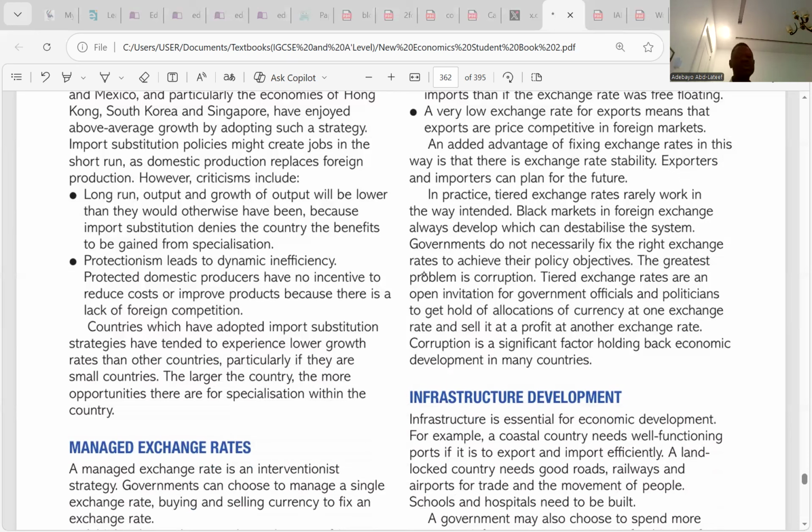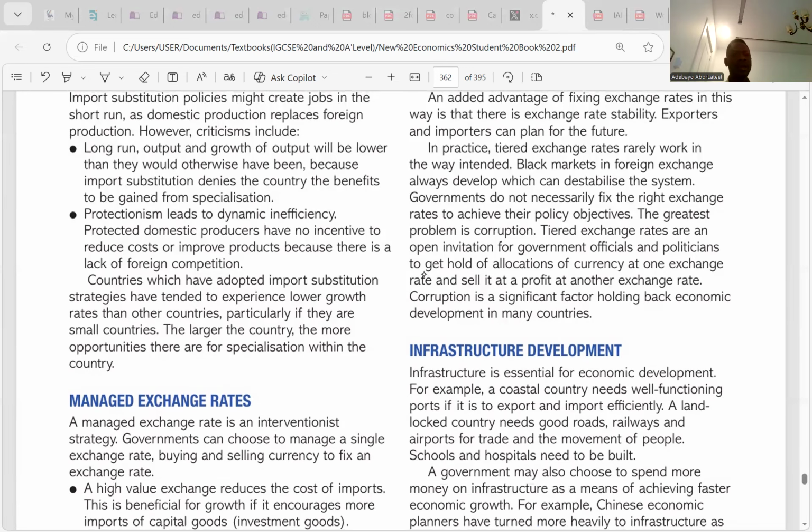And how does it lead to dynamic inefficiency? It leads to dynamic inefficiency because you have to continuously put so much in technology that you don't need. Because you don't have comparative advantage over it, you continue to waste resources because you want to get what you are not supposed to get. The third one, okay, yeah, they said